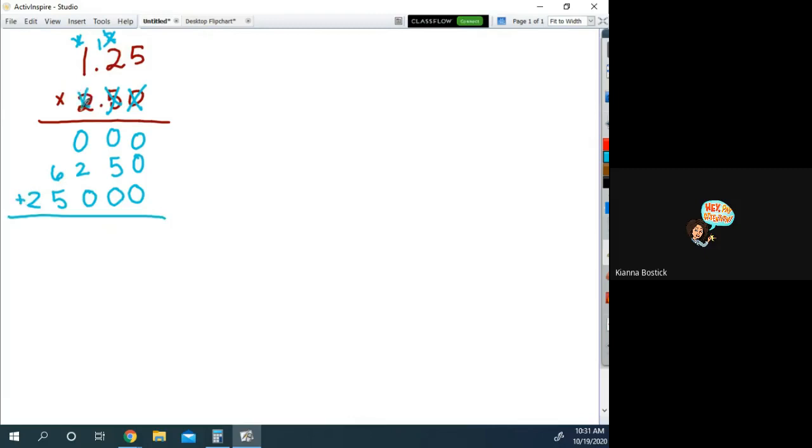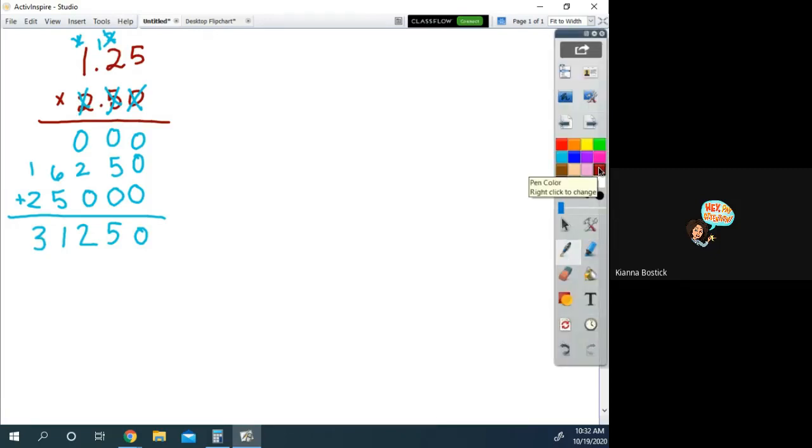Now that I took care of all the numbers, I can add them all up. I have zeros here. 5, 2, 6 plus 5 is 11. Carry the 1. And 1 plus 2. Okay, so now that we're done with that,